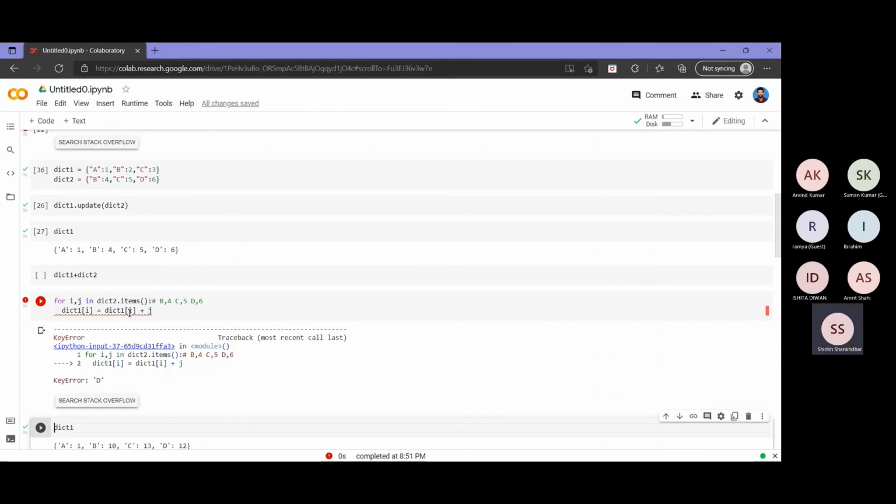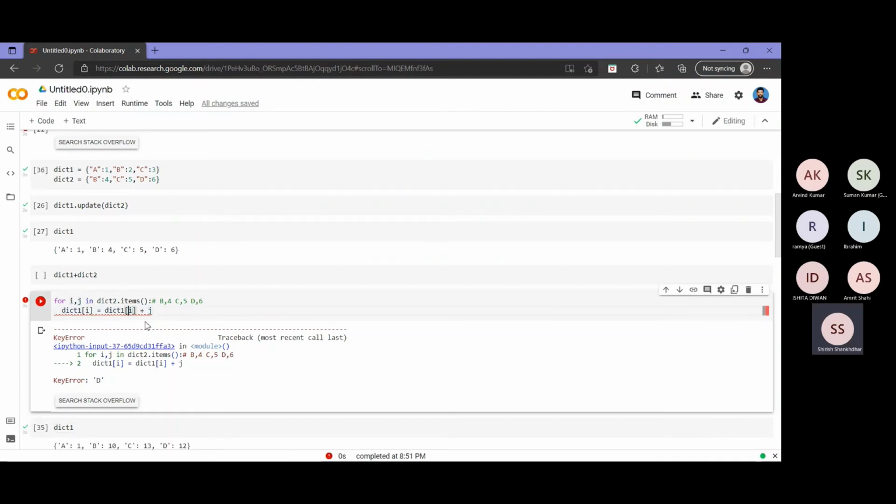So to overcome situations like this, to gracefully handle such situations without running into an exception, I have a convenience function called get for the dictionary, where I can specify that you give me the value corresponding to the key I, and if it is not found, you give me something else. That something else is the second argument. So I can have None here, 0 here, 1 here, 10 here, depending on my problem. For this particular statement, since we are trying a numeric addition, if I don't have any entry, I need to return a 0 here and add the value from the second dictionary.